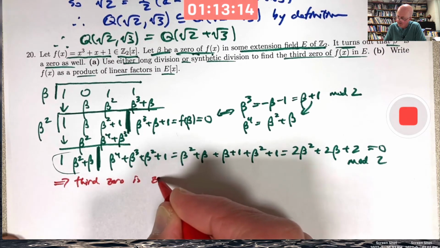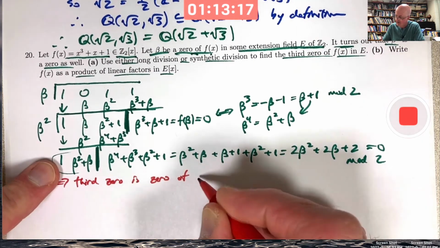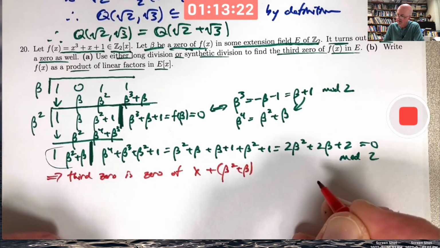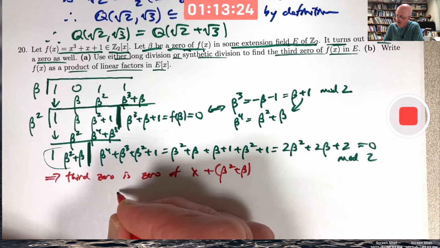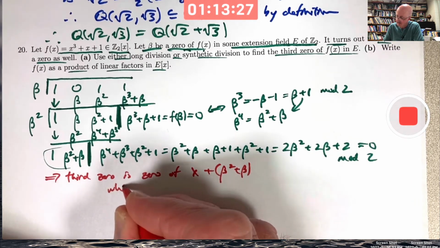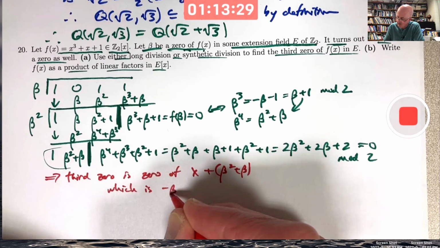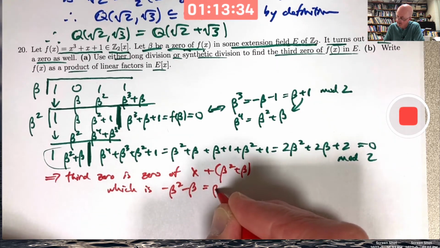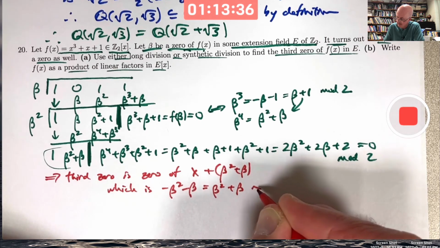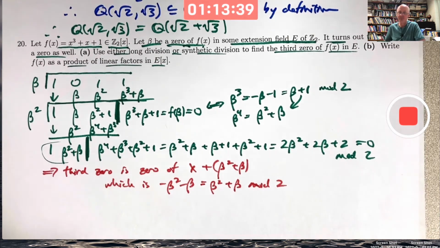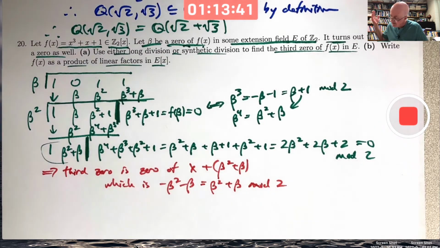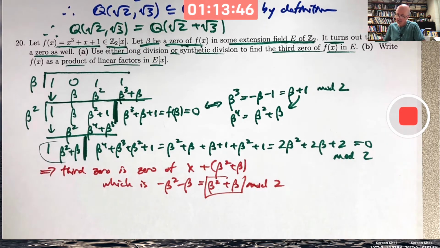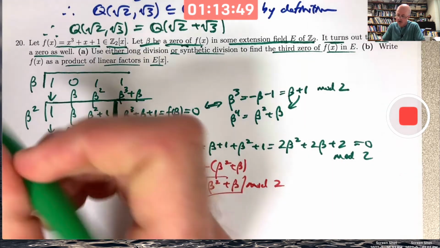The third 0 is the 0 of, look at the coefficients here, x plus beta squared plus beta, which you could call negative beta squared minus beta, but mod the coefficients by 2. That's the same as beta squared plus beta, mod 2. And all this ultimately means, there's the answer. So this was part A so far. Part B,